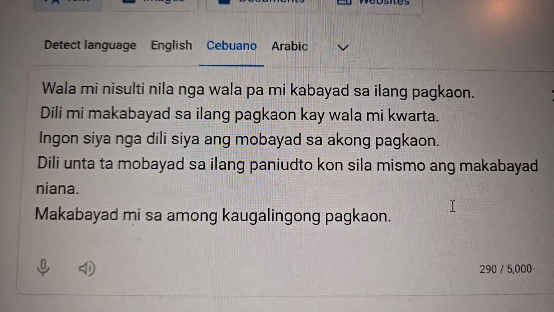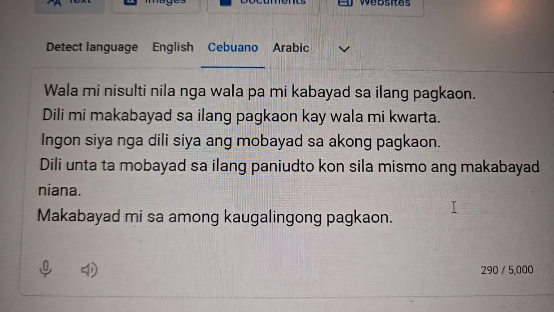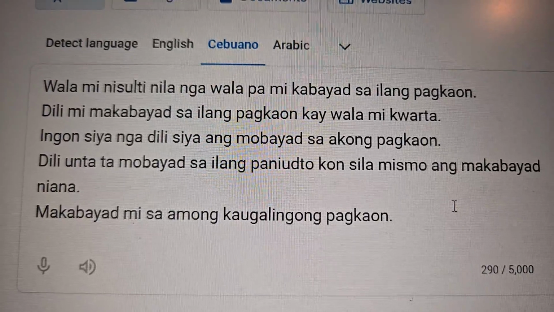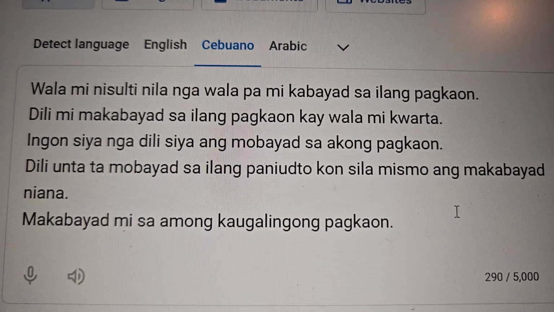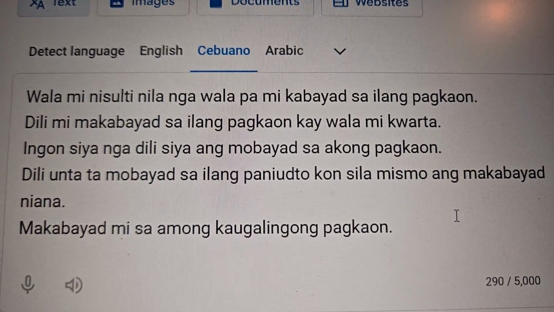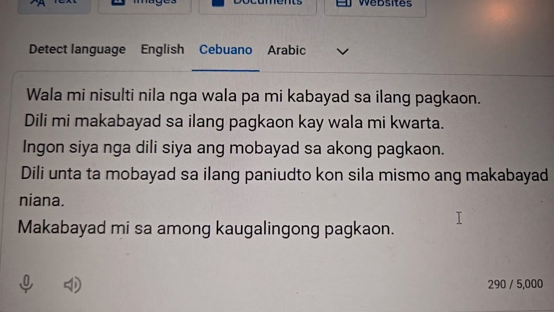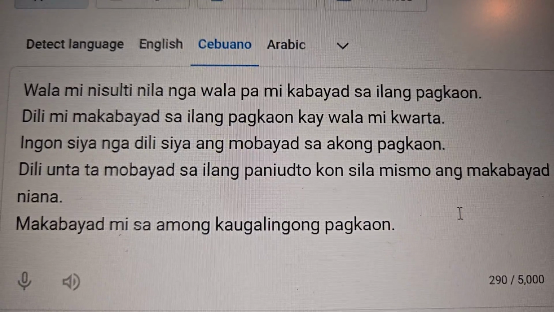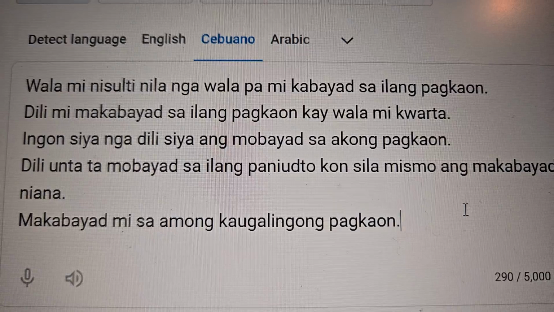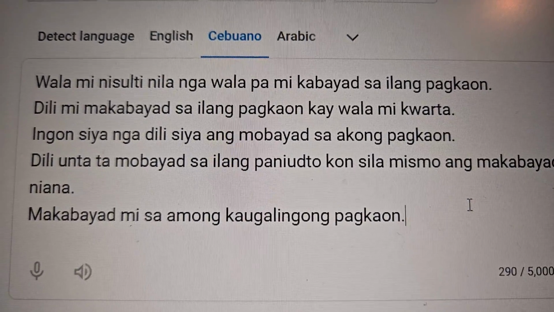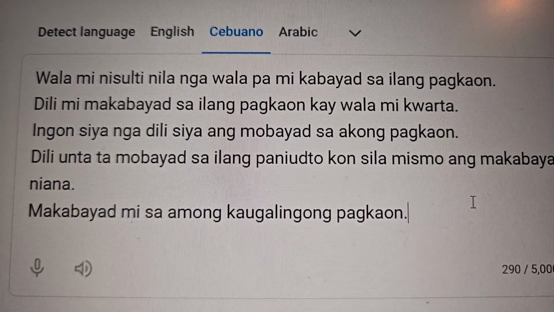Sometimes the translation for makabayad mi is we can pay. So it depends on the conversational flow. If we're talking about an issue we're facing now and contemplating something, or something in the past that we were contemplating. So here, makabayad mi, we could have paid